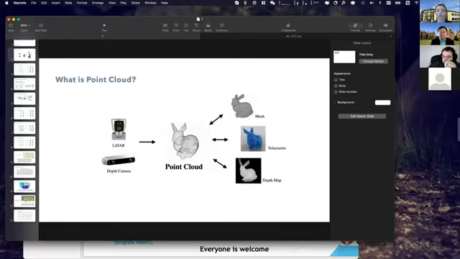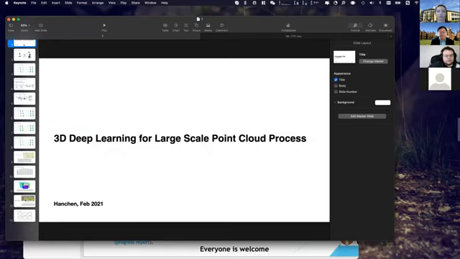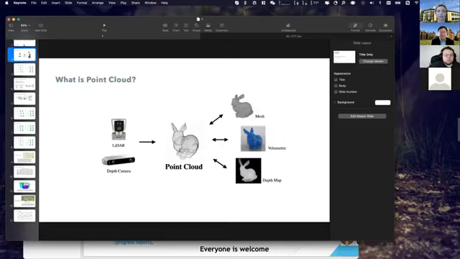So you can see that point clouds have lots of resources for collection, and can be converted from lots of other object type representations. Towards building a large-scale point cloud deep learning model, we want to solve this question by